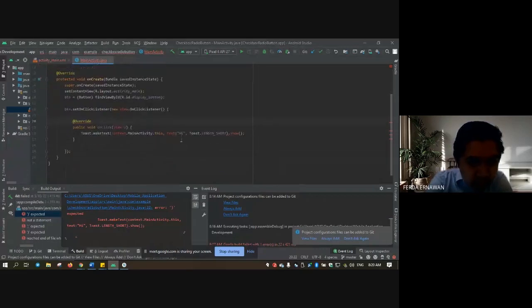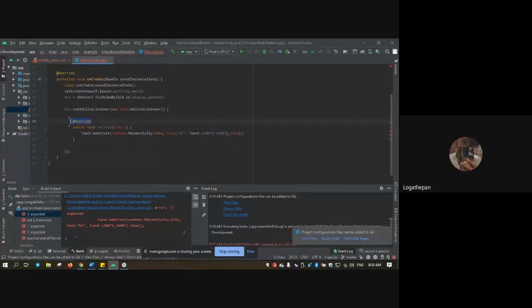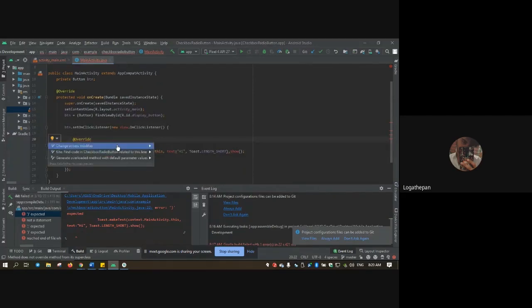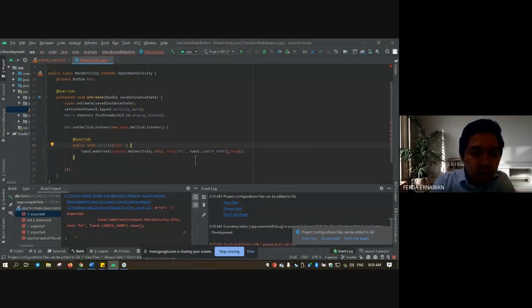Over here, and then this override also. Can you zoom in? Let me see. Button set on click listener, new view on click listener. Correct. And then public void on click view v, and make text.